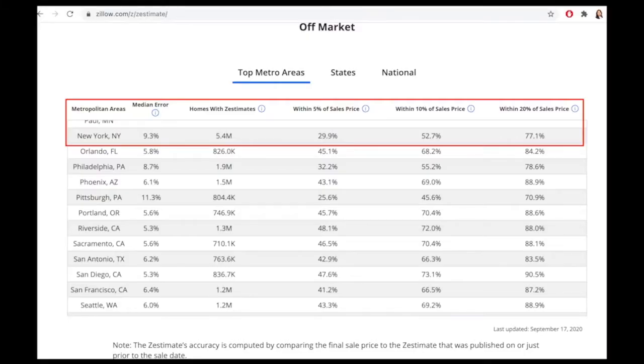Again, taken from Zillow's own website, their Zestimate accuracy for off-market properties in the New York area: only 30% fall within 5% of the sales price, 52% within 10% of the sales price, which also includes the 30% from before, and 77% within 20% of the sales price. So think about it. Say a house has a market value of around $500,000, and the Zestimate is 10% on the higher side, that is around $550,000. The sellers, if they insist that they want the Zestimate value of the house from the sale,